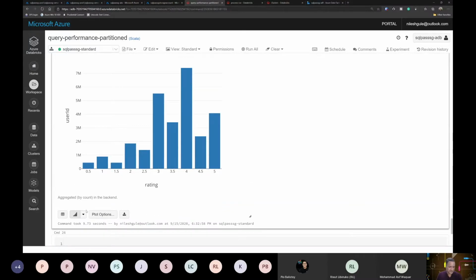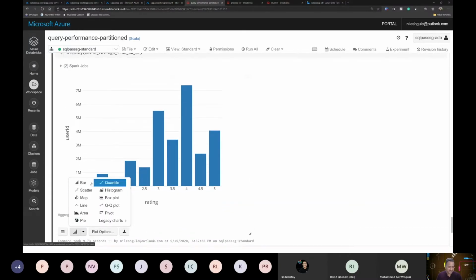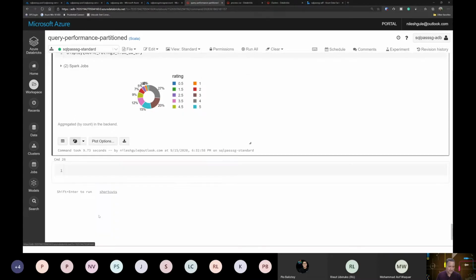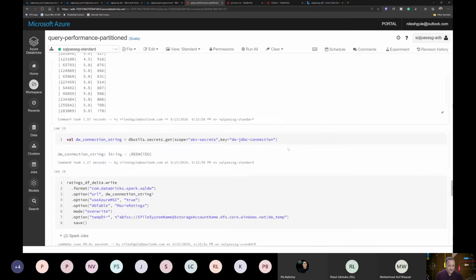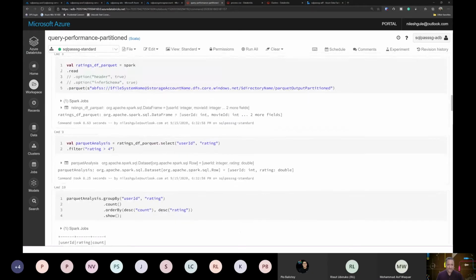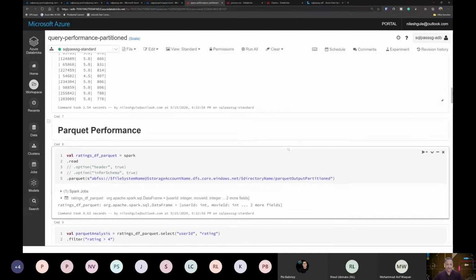So instead of just seeing tabular data, I can visualize it using a pie chart or a bar chart, or all these options which are available. So that is the flow, or that is how we interact from Spark with the SQL data warehouse.